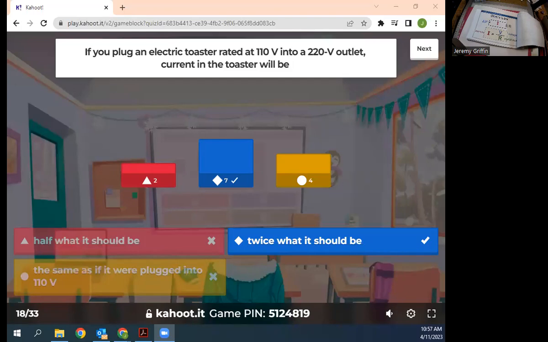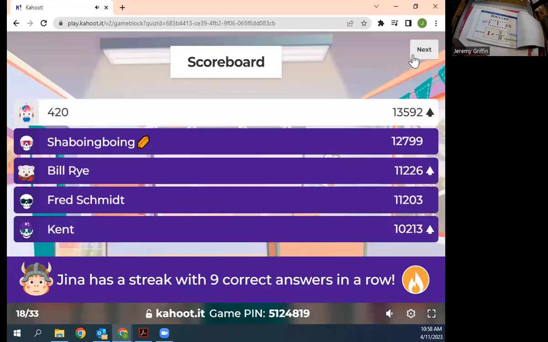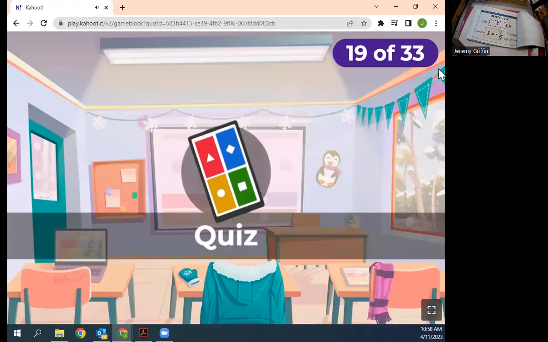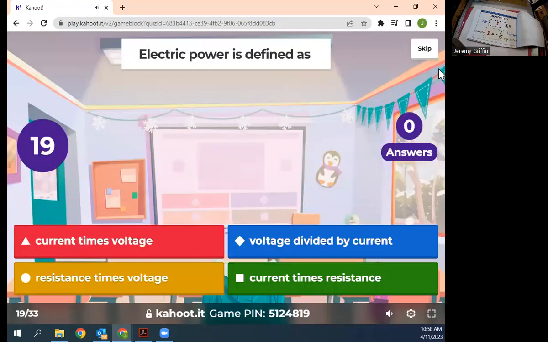Maybe that's what happens. Probably something not good. I should have answered that question. I don't know. Wouldn't be good for it though. Be careful about that. Electric power defined as